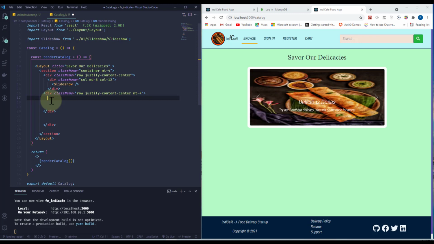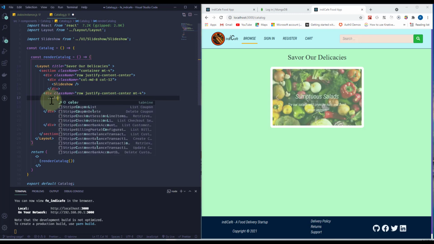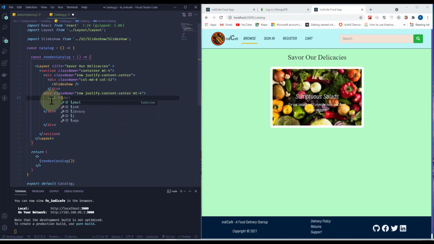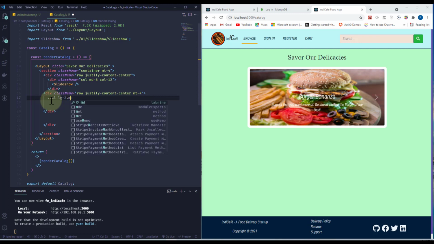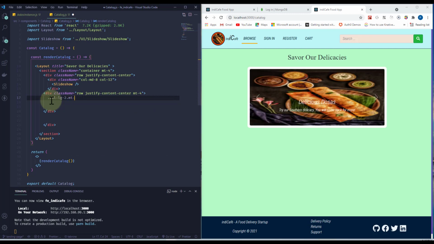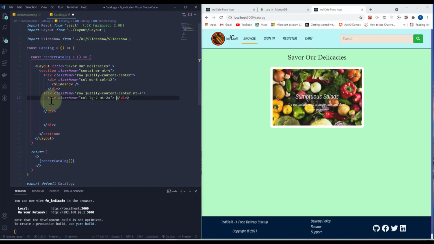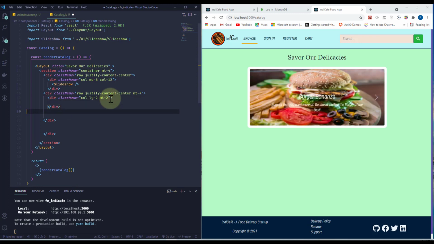Okay, so let's say col of LG2. Okay, and it's going to have we can have an empty 2 here as well, margin top of 2. Let's see what we get here. Okay, so not 2x, which is just 2. Okay, so we're going to come back to this in a bit, but we'll go over to the next column,